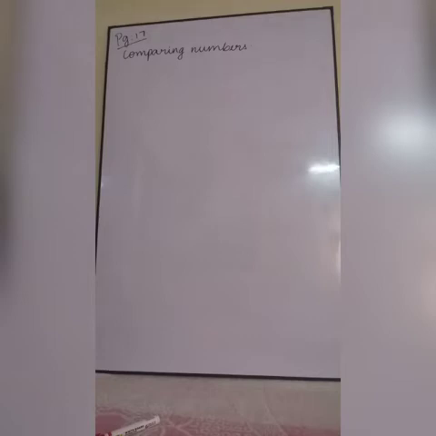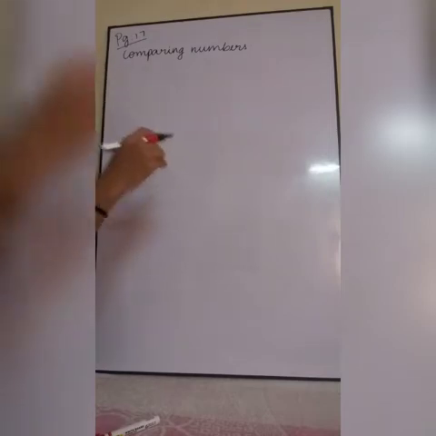Okay, you can take page number 17 in your textbook children. Comparing numbers. We have discussed this topic in our refreshing class session. I am just going to recall that, that's all. Okay, how to compare numbers? There are two ways to compare numbers. First, counting the number of digits. If the number of digits is the same, you can compare from the left side. Okay, wait, I will give you an example. Through that example you will get a clear idea about it.